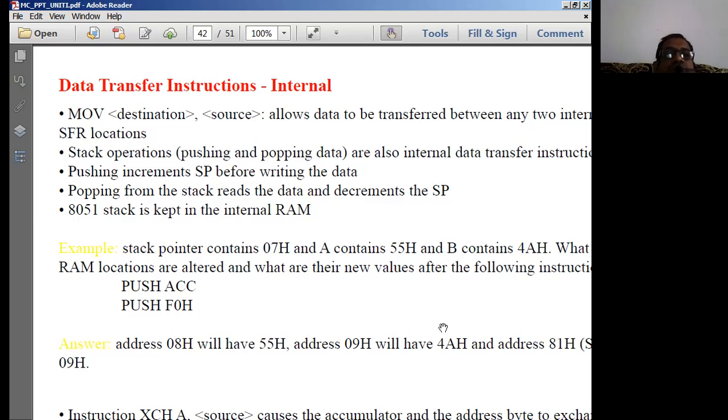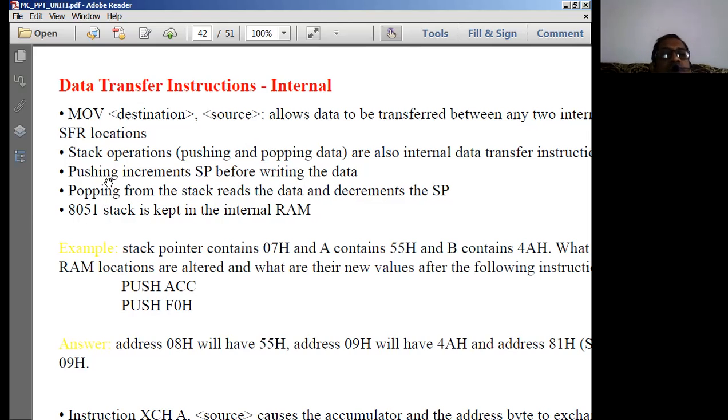So explicitly we are pushing the data onto the stack pointed to by the stack pointer register. For example, if I say push accumulator, the contents of the accumulator will be pushed into the location after the stack pointer has been incremented.